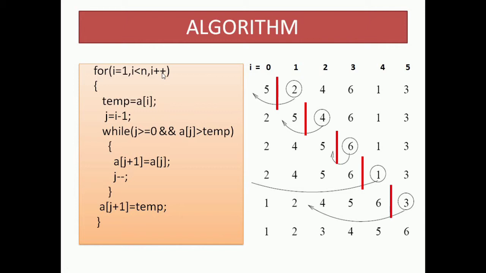This is sorting the first element. So now in the loop we first take temp is equal to A of i, which is that the first element from unsorted sublist is stored in a temporary variable. And next is j is equal to i minus 1, because we compare the temp value with the value before it. We compare 4 with 5 first. We compare 6 with 5 first here. So we get j equal to i minus 1.